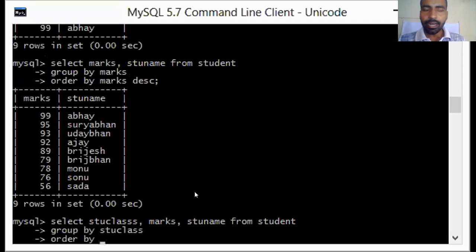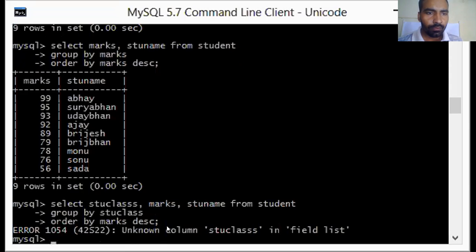Then write order by function. Order by. Now how you want to order? Marks wise, name wise? So let us write marks. So you want to put the group by function in sorting, and that also according to marks. Now ascending order or descending order, this depends on your choice. So let us write first descending order, DESC. Now press semicolon and press the enter key. What is the problem? Oh, sorry. There is a triple S.